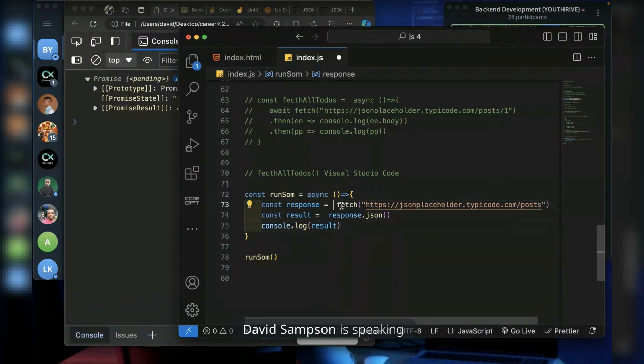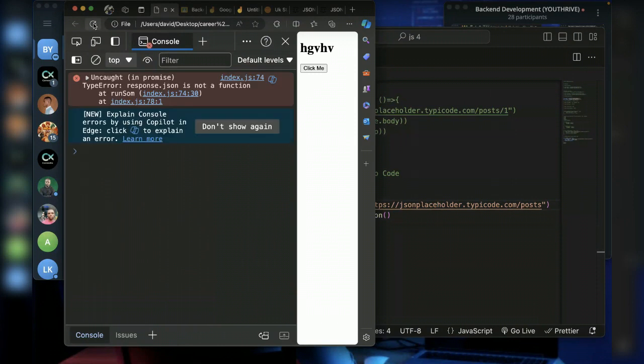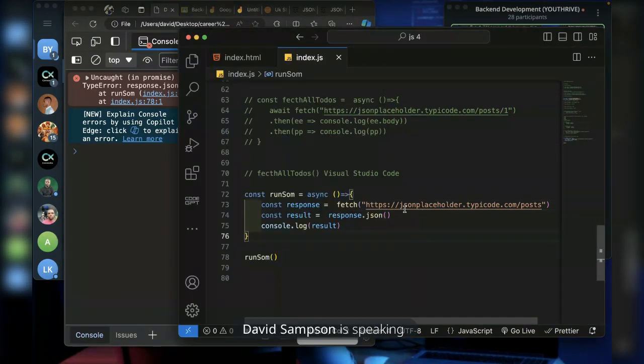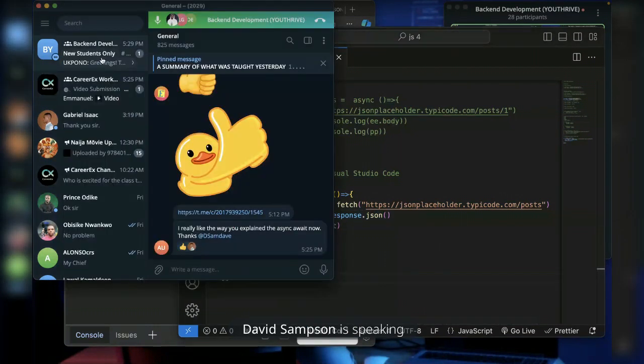If you remove this here and save, we have error: response.json is not a function. You see that it has skipped this one and it is now running this one because we are not adding the await keyword.